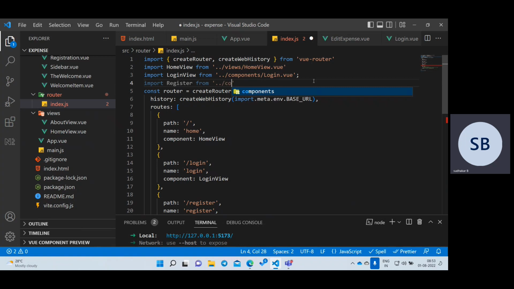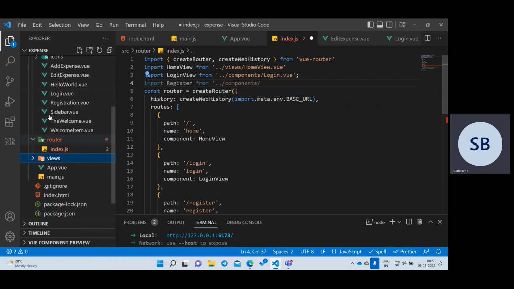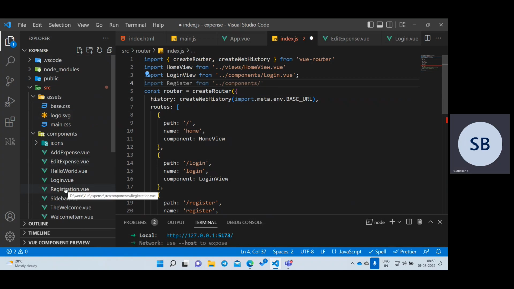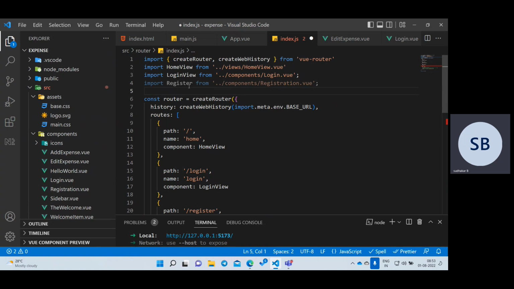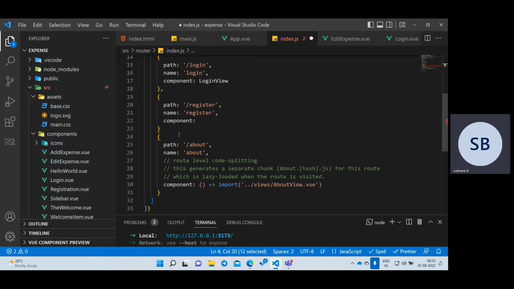What is my component name here? Let us go to registration.vue. If you make a spelling mistake, definitely it will not work and it will show an error. You can keep any name, this name can be anything. Here I need to give registration view, and you need to add the comma. So now I am done with the registration view, right? Let us copy it